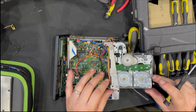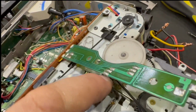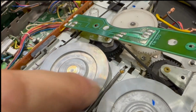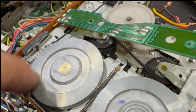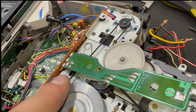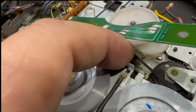But as you can tell, that belt condition is spot on. So we had a slight problem with auto reverse on this. Now you have this cog here which is on a pendulum. What it should do is come over, click into place like that, and then when you go back, over into place like that. So what I had to do was literally just move this a little bit with a flat blade screwdriver just to loosen it off,